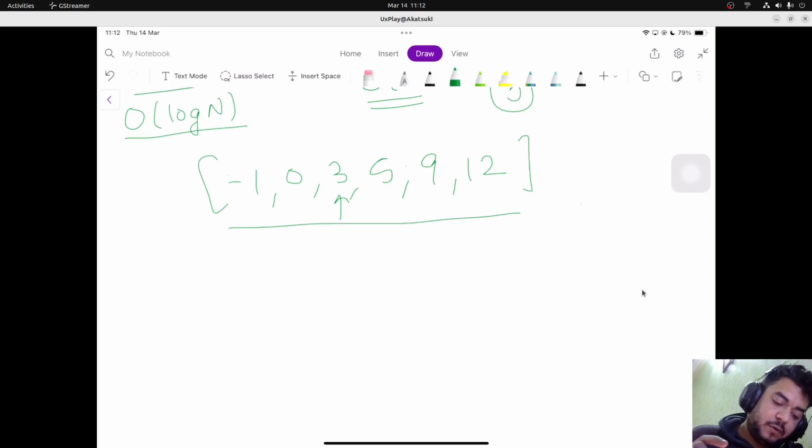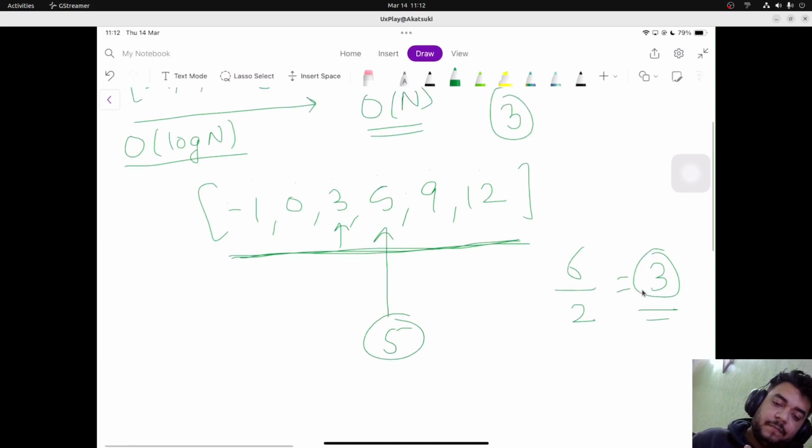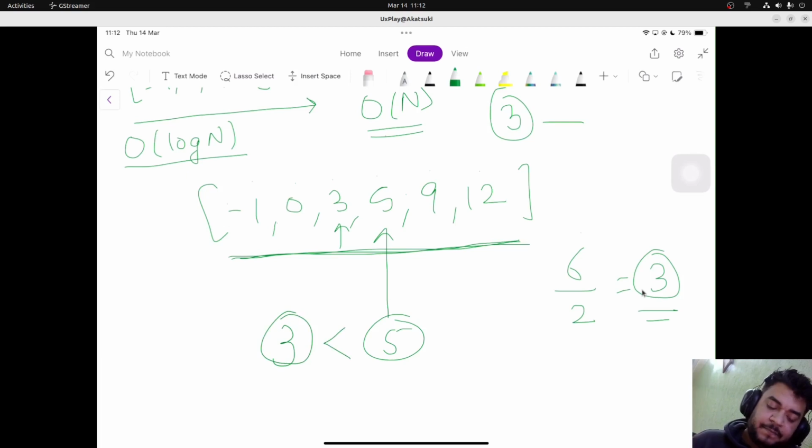That is, suppose we want to search over this entire array for, let's say, 3, right? And also this array is sorted in ascending order. So what is the middle element for this array? So as we can see, there are 1 2 3 4 5 6 elements. So 6 divided by 2, that is 3. The element at index 3 is the middle element. So index 3 is 5. And we are looking for 3. So 3 is basically less than 5. So